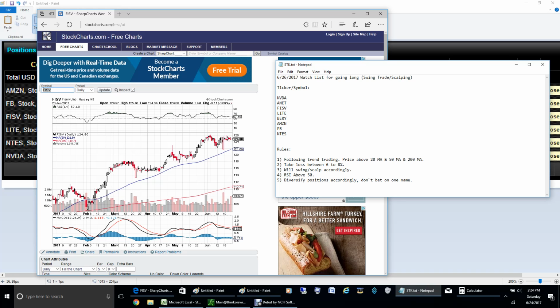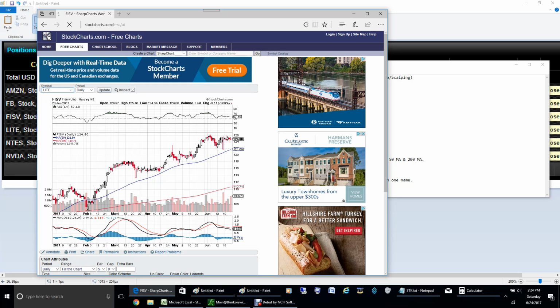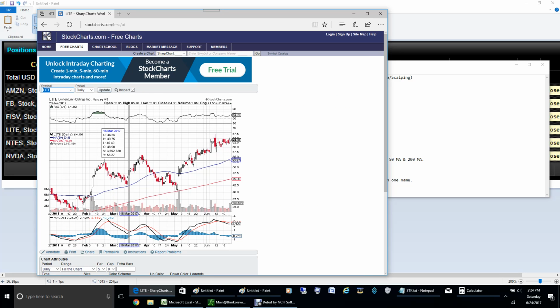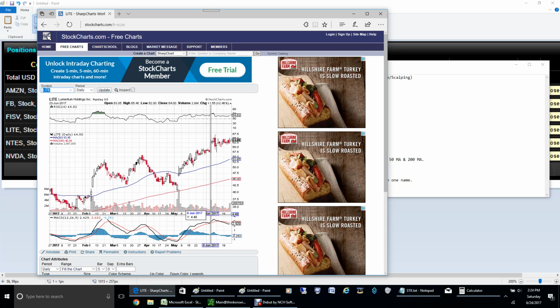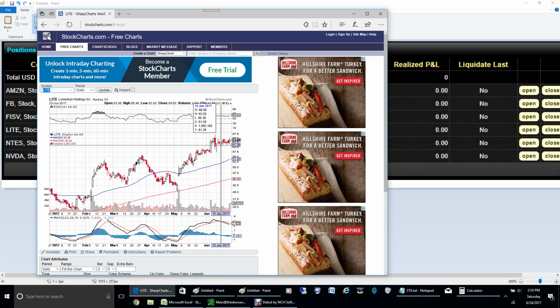The next one, Light. This is also something which we have discussed a few days back. Looking at the trend again here, well intact. Volume just picked up. I got into this name around, what is the price? 62.7. It's already 64, like you see here. So $2 up, but it did go even slightly higher above 65. I'm still holding this. I believe the RSI has picked up, so I'm expecting the RSI to touch somewhere around 70, 71 and